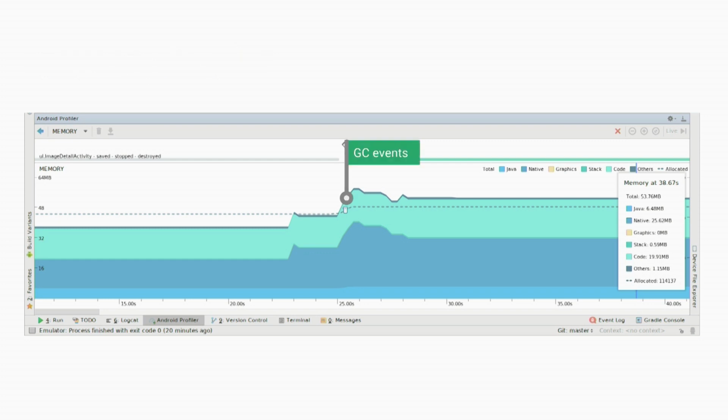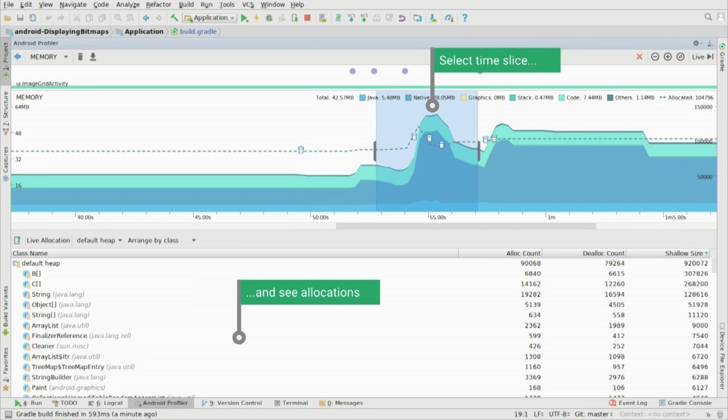You also have things like GC events being shown here, which let you know that at this point of time, the garbage collector kicked in. You have the option to actually force GC to understand the behavior at certain points of time, to see that at this point, when I'm doing a lot of computation and the memory is increasing, can I force a GC to do something? Will that affect the application? Now, let's take a segment of it and analyze it a little more deeply.